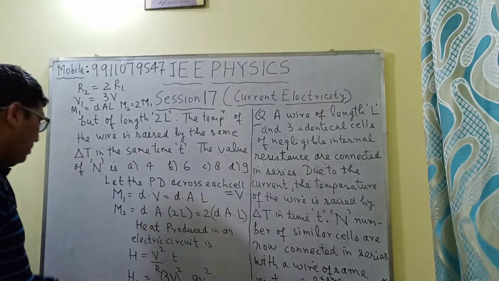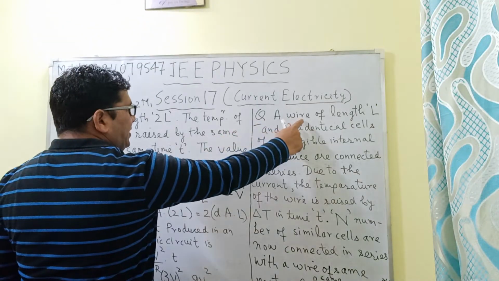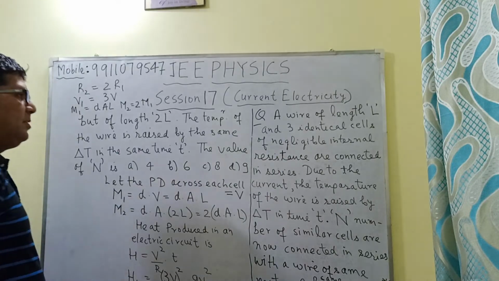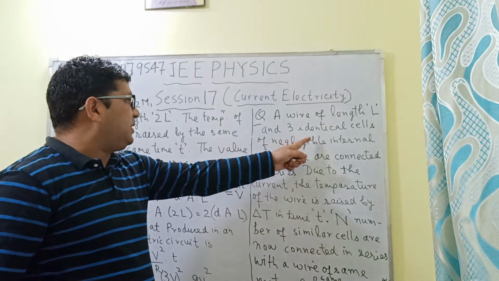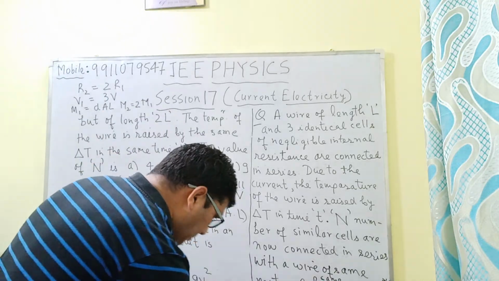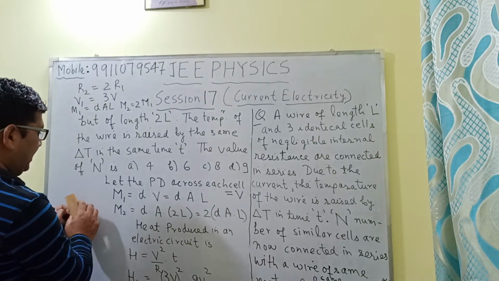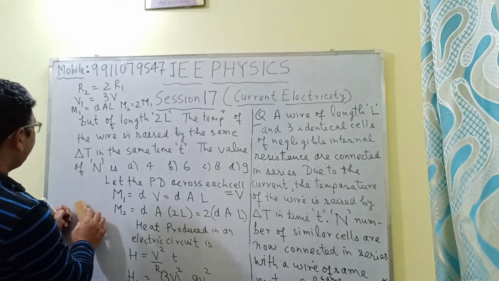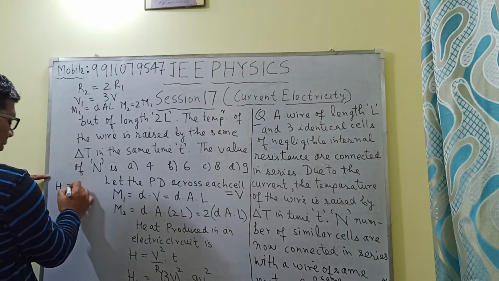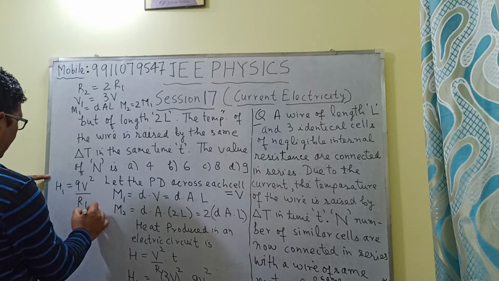This is the heat produced in the wire of length L, which consists of these 3 identical cells in series. So H1 is equal to 9V square divided by R1,